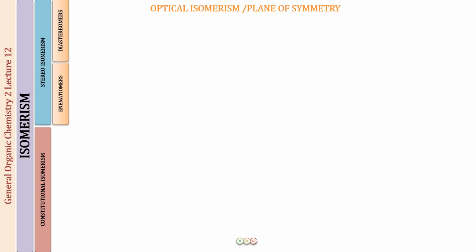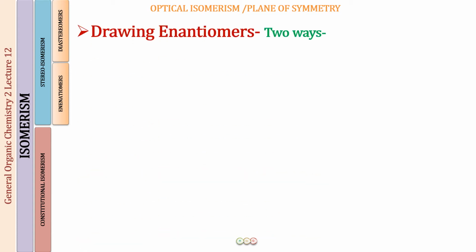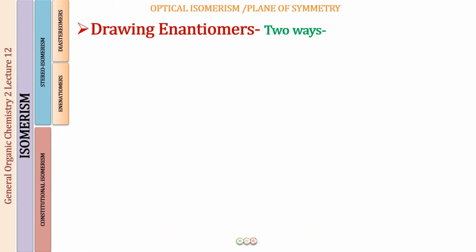In the past 3-4 lectures, you have been seeing the various representations of molecules. Then we are showing you the diagrammatic representation. There are 3D diagrams, there are other diagrams as well, which help us understand how a molecule is arranged in three-dimensional space. So briefly, we will be talking about how we are going to draw the various enantiomers. I'm going to teach you 2 ways to do that.